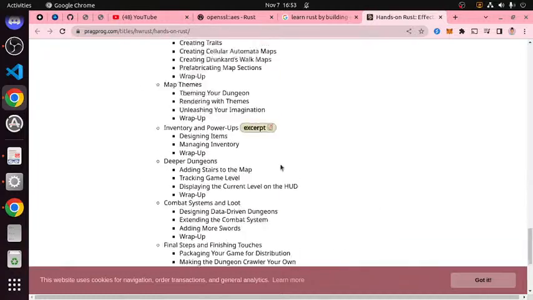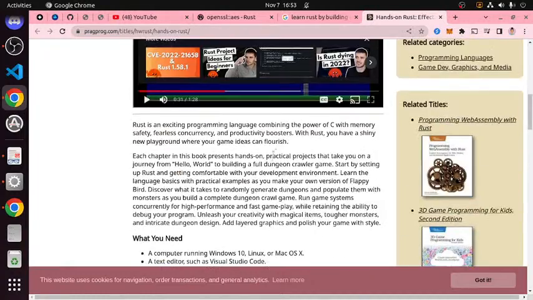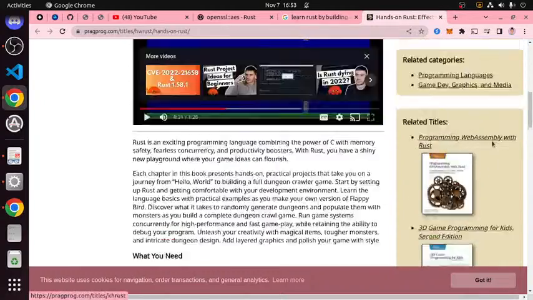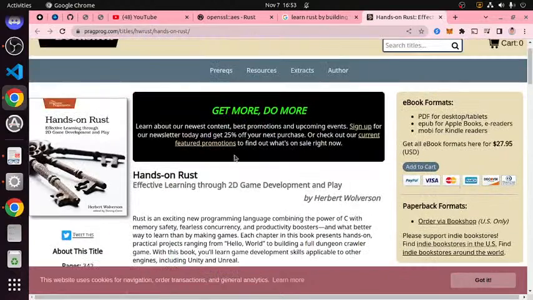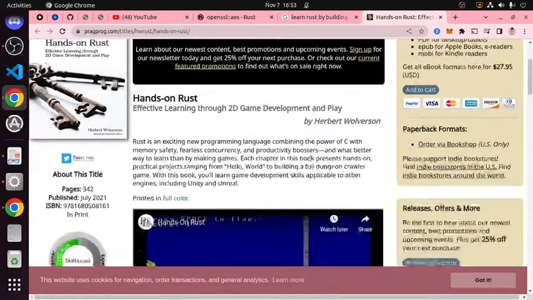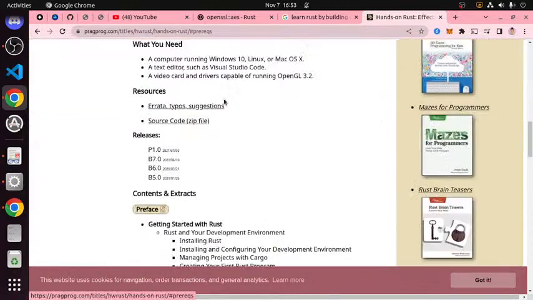Prerequisites: a running computer, text editor, video card.